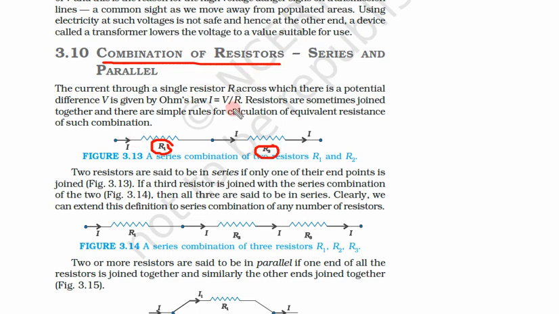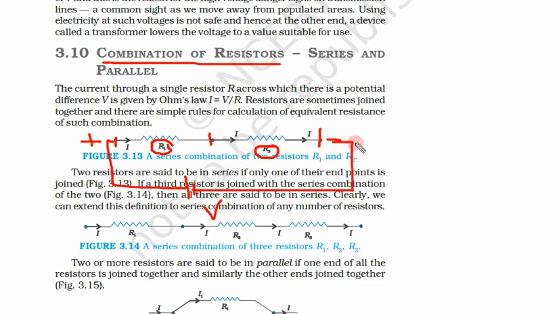Now if we connect them in series, it means the first end of the first resistor is connected to the power supply, let us say this is positive, and the second end of this first resistance is connected to the first end of the second resistance, and the second end of the second resistance is connected to the negative part of the power supply. So these are connected to a battery. In this case, the potential difference across these ends is total V.